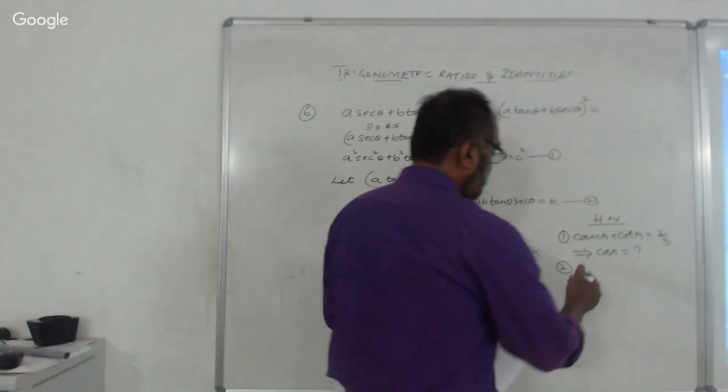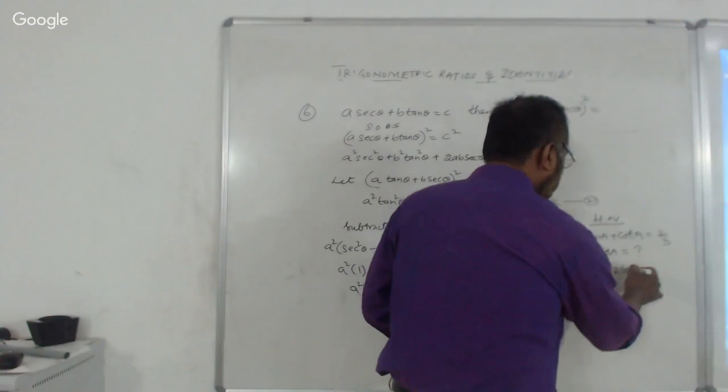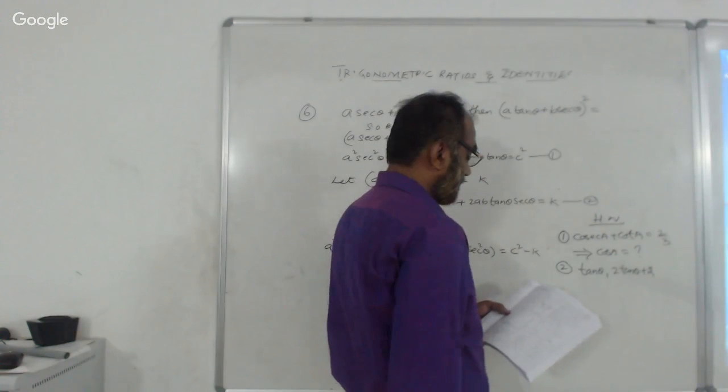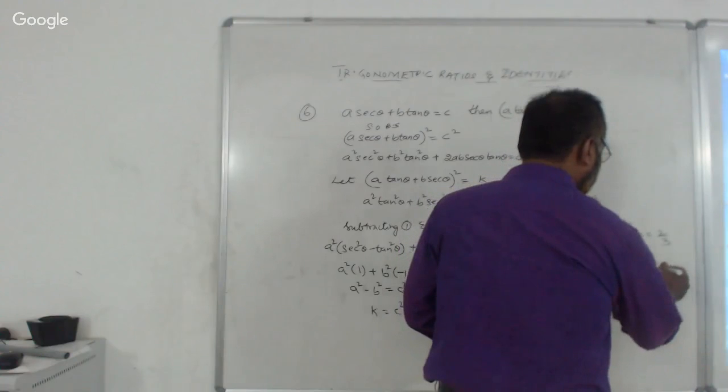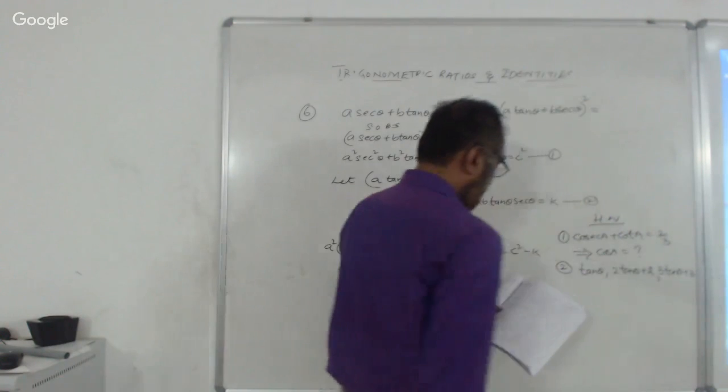If tan theta, 2 tan theta plus 2, 3 tan theta plus 3 are in GP,